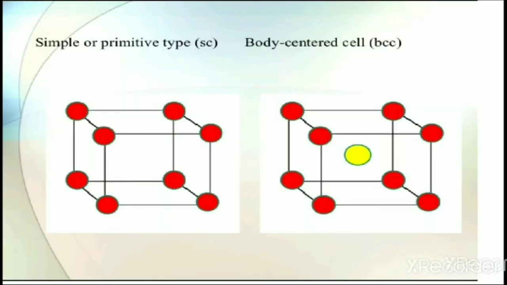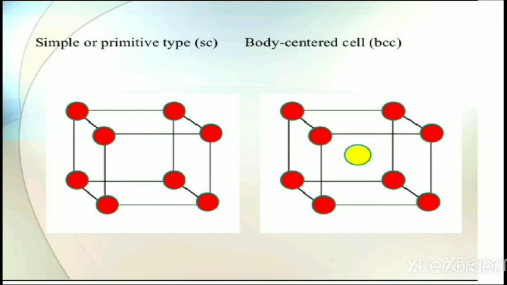In the previous video, you learned about crystal lattices, unit cells and Bravais lattices. Okay, the unit cell is what? The smallest portion of a crystal lattice is called a unit cell. Then in this video, you will learn about the types of unit cells. There are two types of unit cells: primitive and centered unit cells.